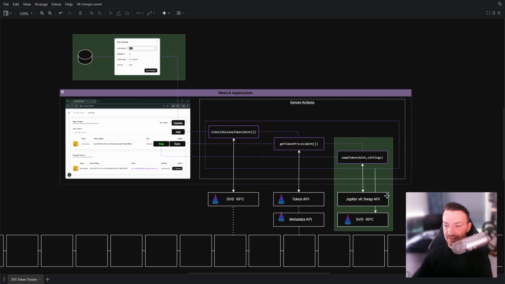and our SVS RPC. So we are going to focus on the green part here, and we will also provide the possibility for the users to add some swap settings, like for example the SOL amount we want to transfer into the token, the slippage, the priority fee, and of course the broadcasting method, like for example Jito or Jupiter